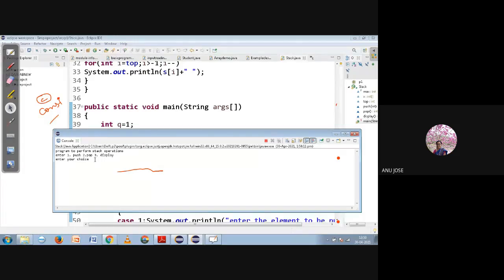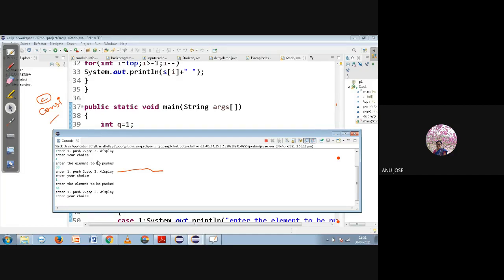I am entering the choice as 1, which means I should insert a value. I am inserting 45 as my value. Then I am planning to insert one more item, so again I give 1 and enter 55. Again the choice, inserting one more item with 65 as its value.